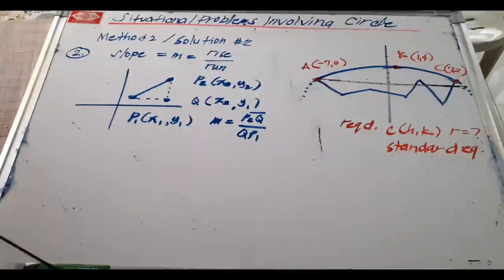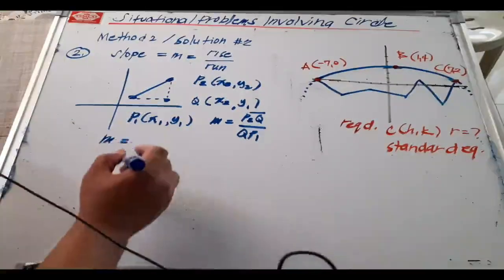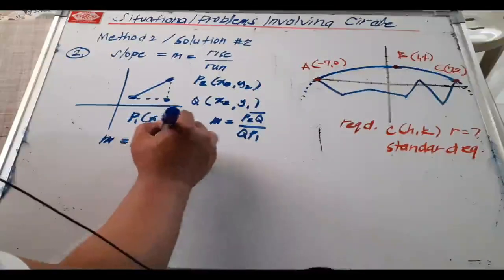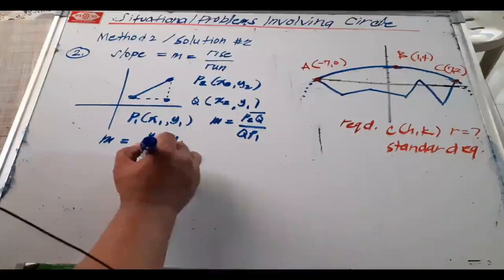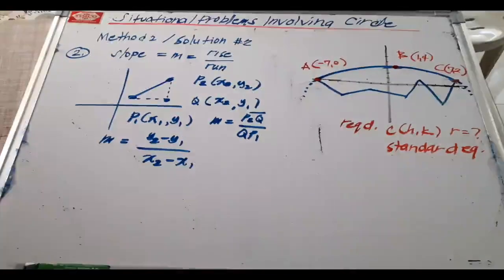Yun ang rise. So, with respect to the ordered pairs, ang slope natin can be computed using the difference of the ordinates all over the difference of the abscissas. So, yan ang formula ng slope natin. Okay? Halimbawa,